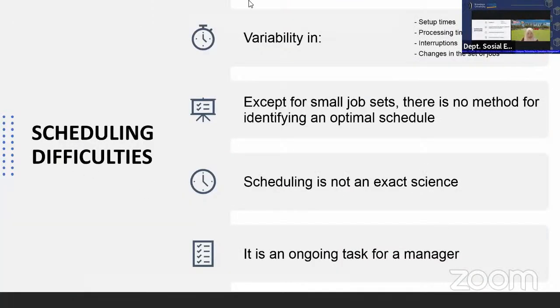Okay, difficulty in terms of scheduling is, first, variability in setup time, processing time, interruption, changes in the set of jobs. Sometimes when we do have high flexibility, we need to have the elements of changes in the set of jobs. The second difficulty is that except for small job sets, there is no method for identifying an optimal schedule. Yes, of course we can plan, but sometimes our plan cannot be obtained or cannot be completed. We can plan